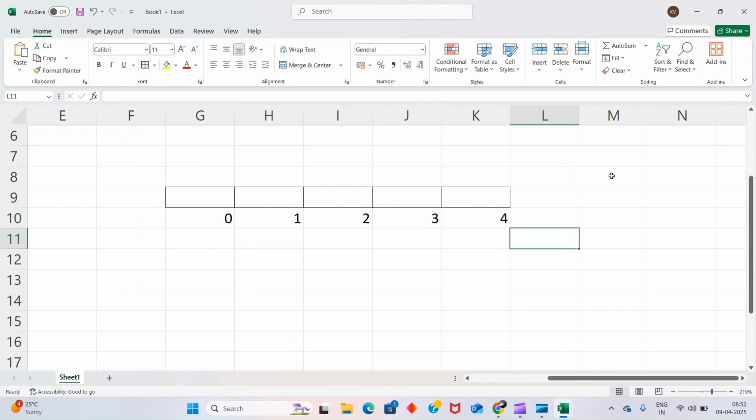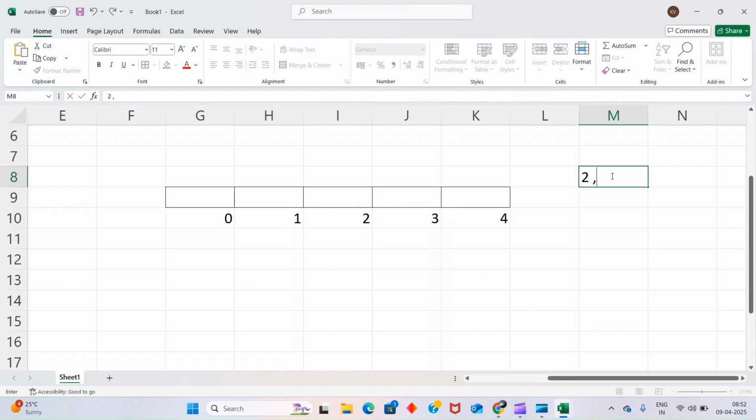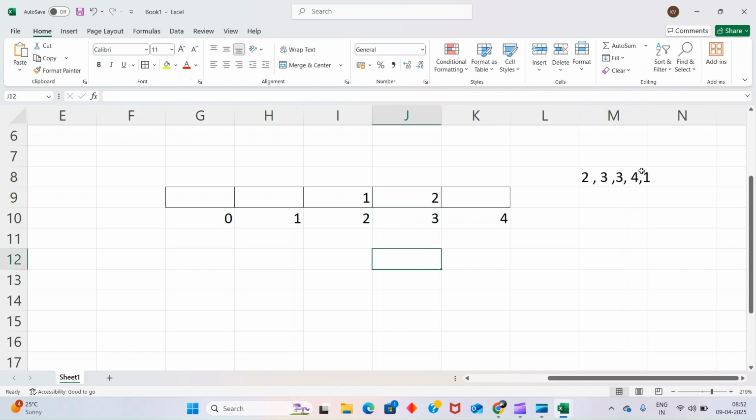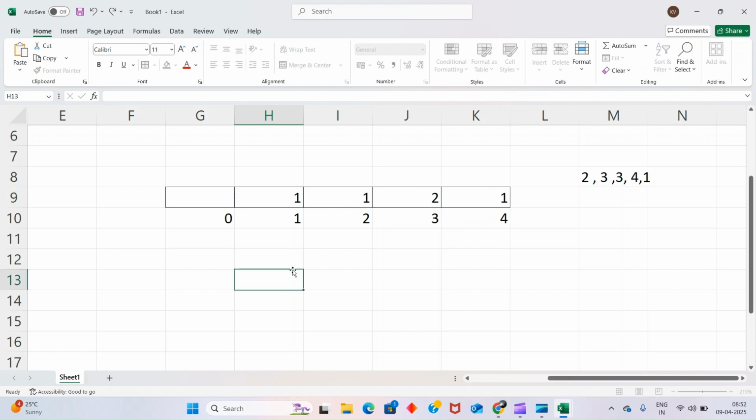Let's say we have elements 2, 3, 3, 4 and 1. For 2 I will increment this. For 3 I will increment this. For the second 3 I will make this 2. For the 4 I will make this 1. For 1, I will make this 1. So we got this hash array, right?